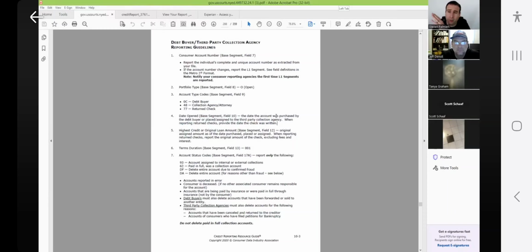Now we're talking, how do you read a report when the client can't tell you what's wrong with it? Makes sense. But now we can tell them, hey, here's what we've identified through the professionals that's wrong with your trade line. And we back it up with their own manual, their standard. Okay, so for all this, the date open is